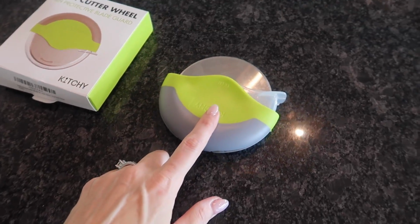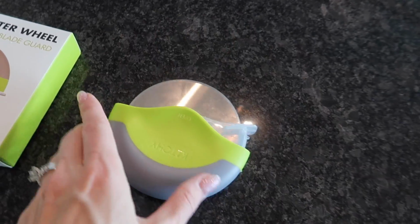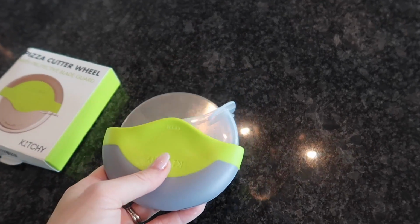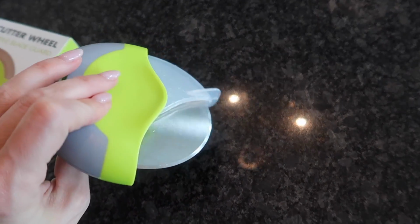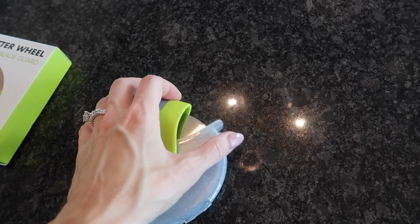This is something I didn't necessarily know I needed until I got it, and I realized, yes, I really needed it. I wanted to upgrade my pizza cutter for something that was, I don't know, just a little bit easier on the wrist, and that was smaller and more compact. We've been using this for a few weeks now. I've washed it up. I just asked my husband the other day, I said, how do you like that pizza